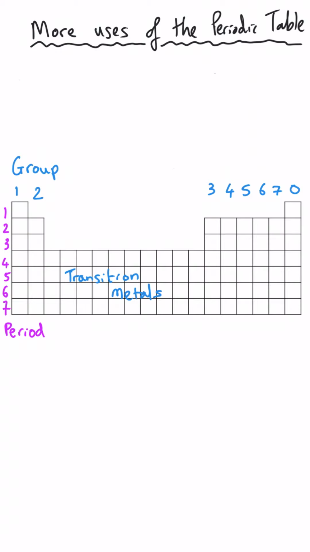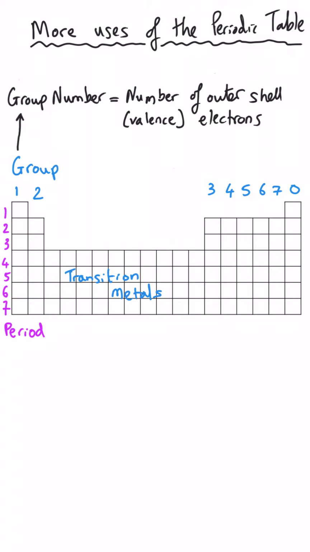We can use the groups to learn how many outer shell electrons a particular element has. That's called the valence electrons, the electrons that could be involved in bonding. Now, the pattern is very simple. All the elements in group 1 have one outer shell electron, and in group 2, all the elements will have two